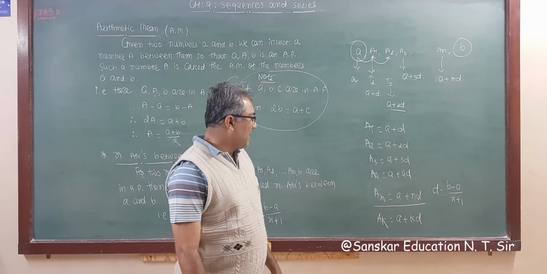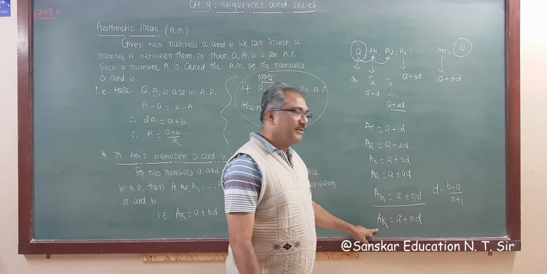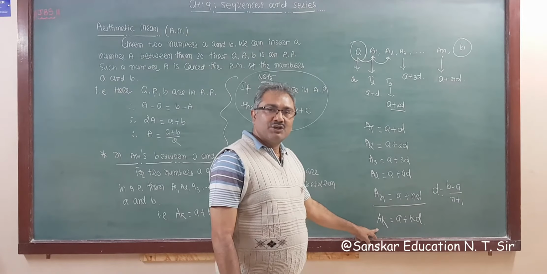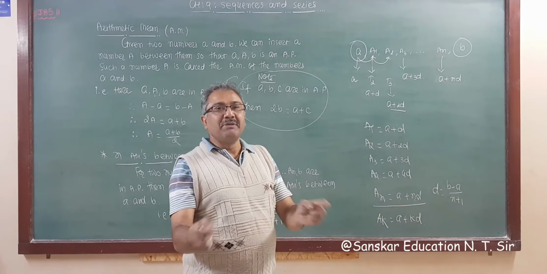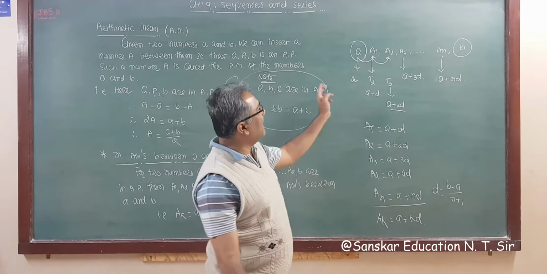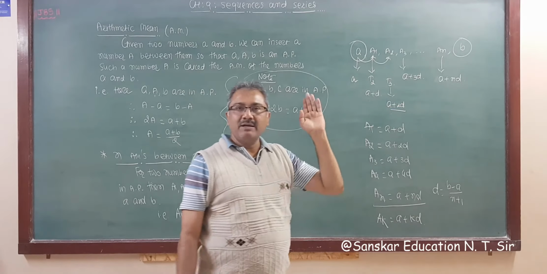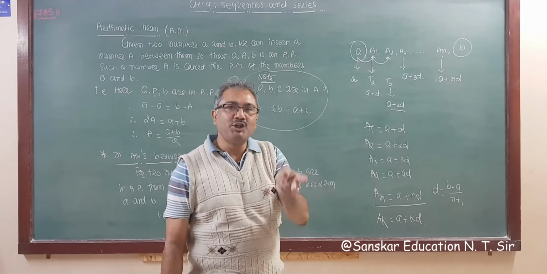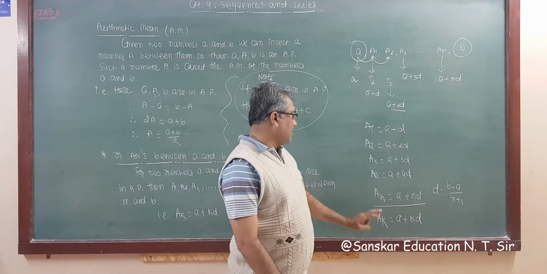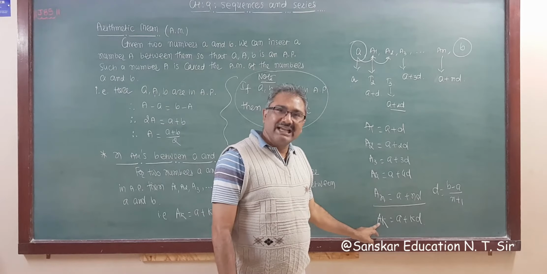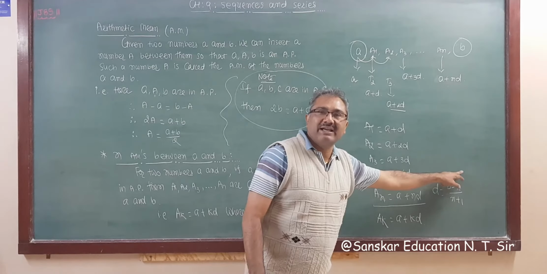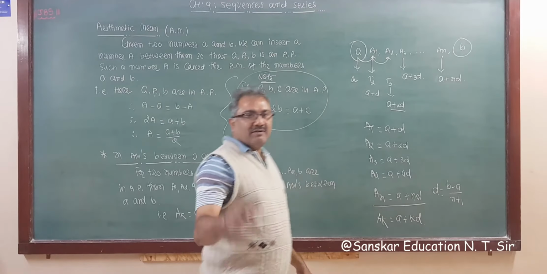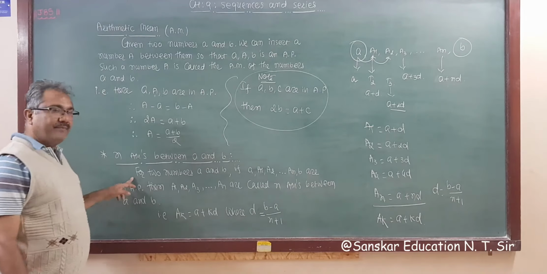b माइनस a अपॉन n प्लस 1 होगा। डिफरेंस d जो है वो b माइनस a अपॉन n प्लस 1 होगा। तो आपको ये याद रखना है, राइट। सो फॉर इंसर्टिंग an arithmetic mean between two given numbers a and b, the arithmetic means formula is ak is equal to a plus kd, where d is equal to b minus a upon n plus 1, which I write here already.